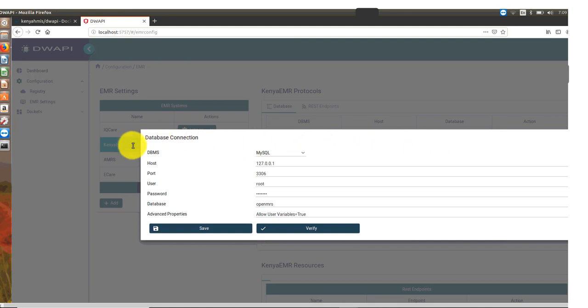You will then get a dialog box that will prompt you to input the database connection settings. The DBMS is MySQL. Select MySQL. The host is the IP address of Docker, which we had input earlier. The port is 3306. The username is DWAPI and the password is DWAPI, and the database is OpenMRS, which remains as is. Once you are done with the connection settings, verify that they are correct